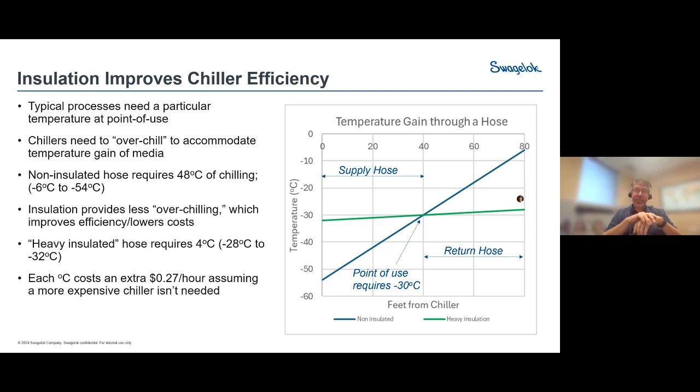Now, every chiller is different. Every installation is different. In this particular example, we were able to get some dollar values assigned to what this is, and every degree Celsius roughly resulted in 27 cents per hour of savings. So in this case, we are saving 44 degrees of over chilling, right? From the 48 with no insulation to only 4 degrees. So we're actually able to save